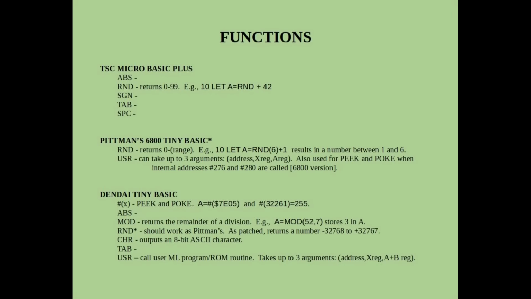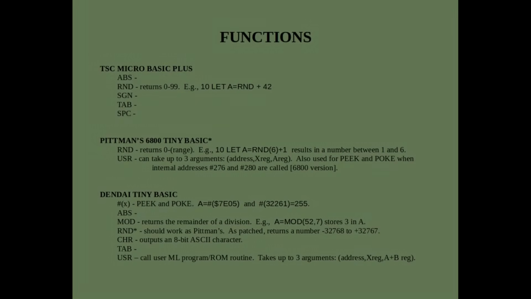When it comes to functions, Dendai again comes out a little bit ahead. Micro Basic Plus has a number of functions, but as far as math goes, really it's just absolute value and sign. You can peek and poke with Dendai Tiny Basic. You get absolute value. You can also do modulo remainder, so that's pretty cool. You do have a character output, and both 6800 Tiny Basic and Dendai can call a machine language program and